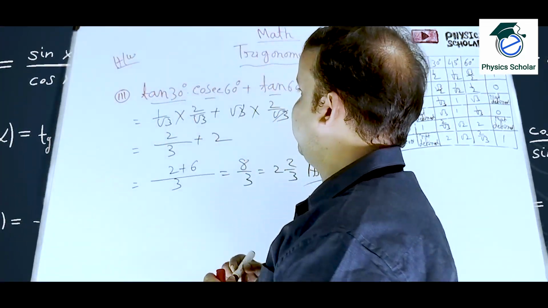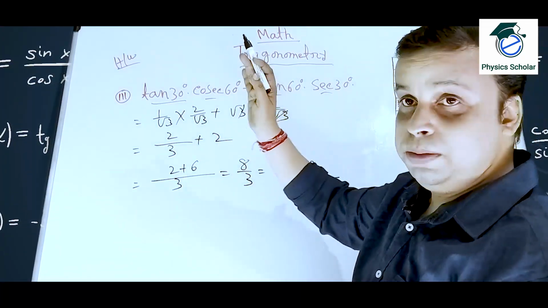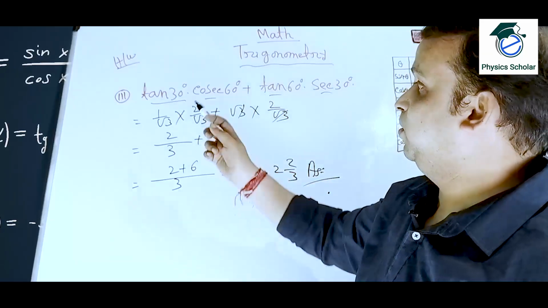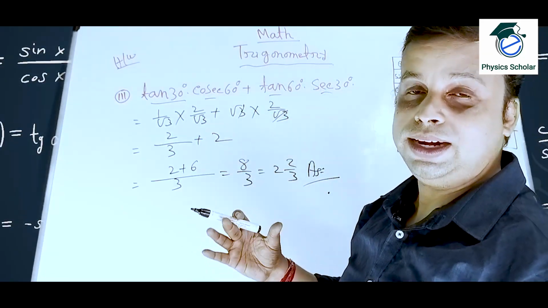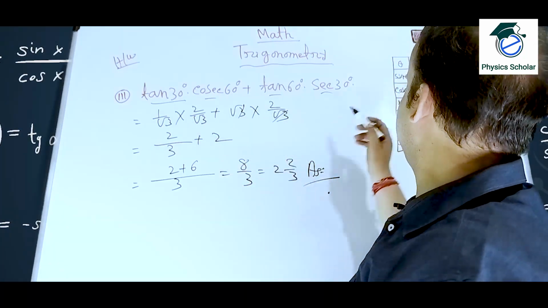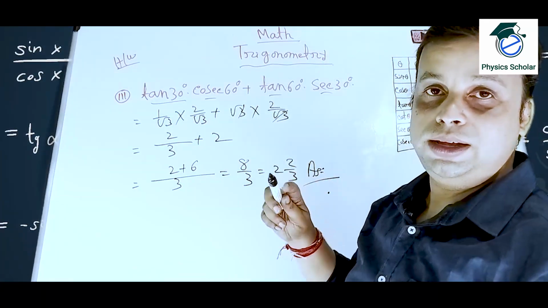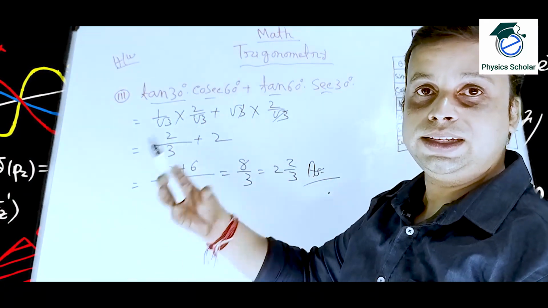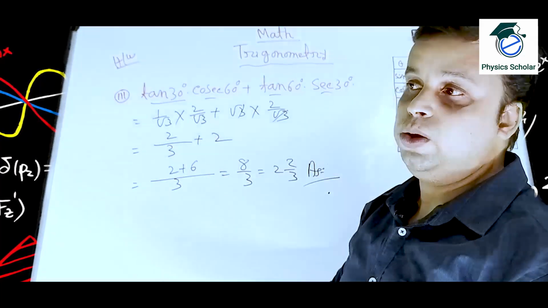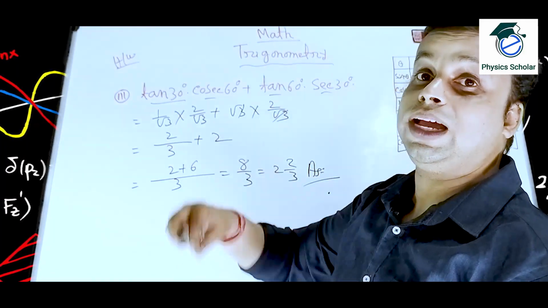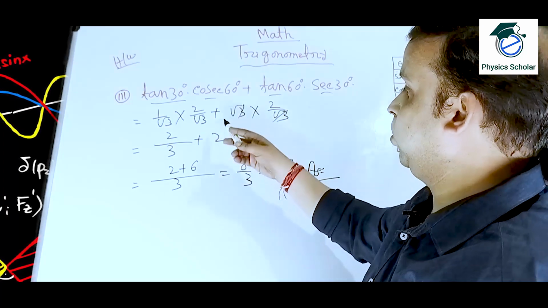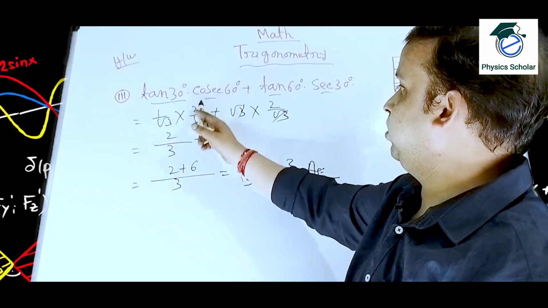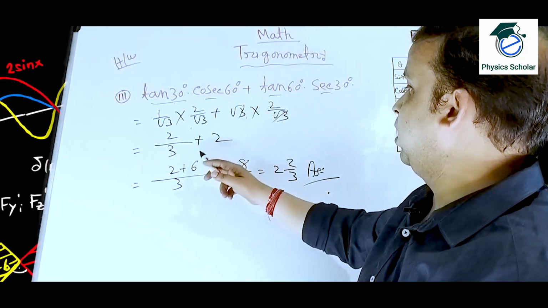So now I am only putting the values. That means what is the trick actually? We have to remember the values. Clear? That you have to memorize. And how will you memorize that? There is a trick also. If you can memorize only the sine values, sine 0 degree, sine 30 degree, sine 45, sine 60, sine 90, you can determine all the other values. How? That I have discussed in my previous episode. Clear already? So now we are only putting the values and calculating.